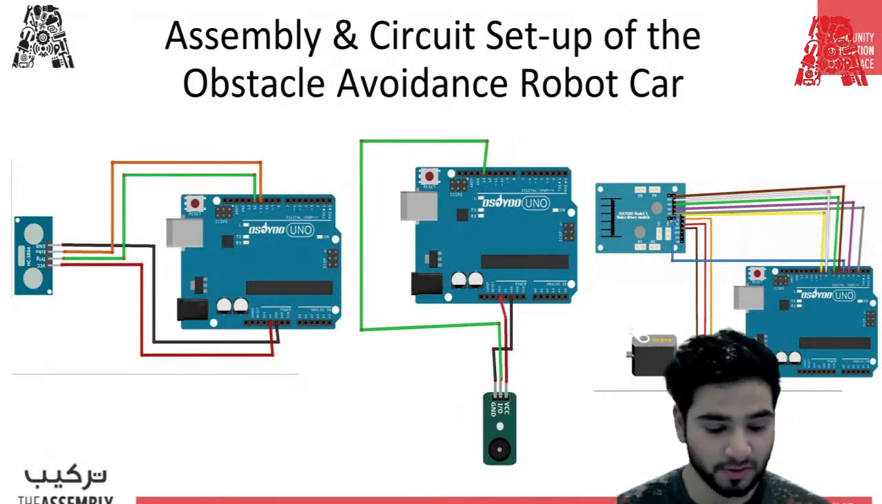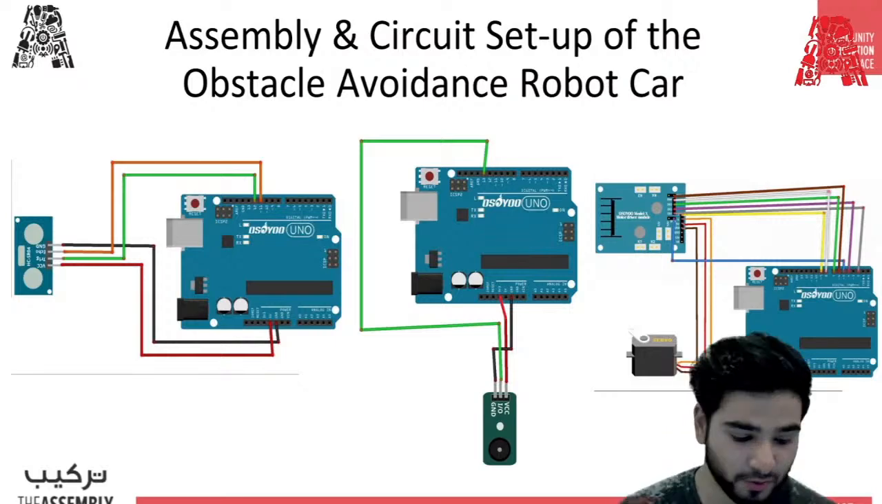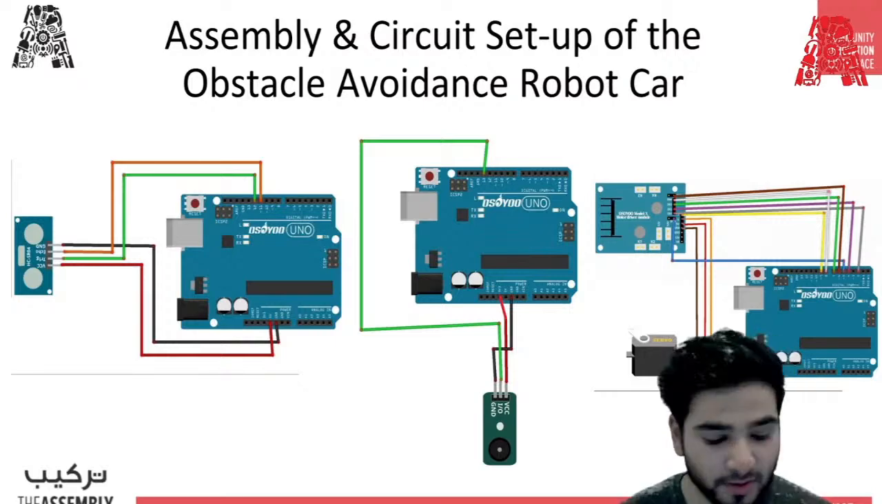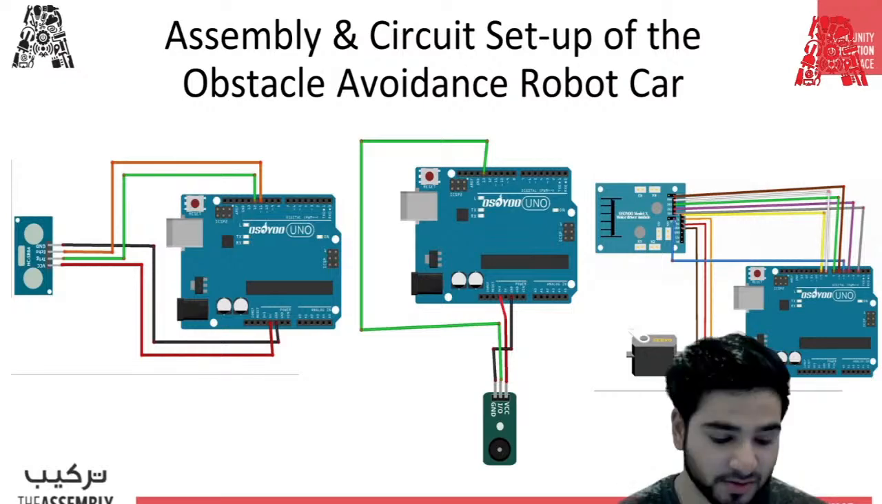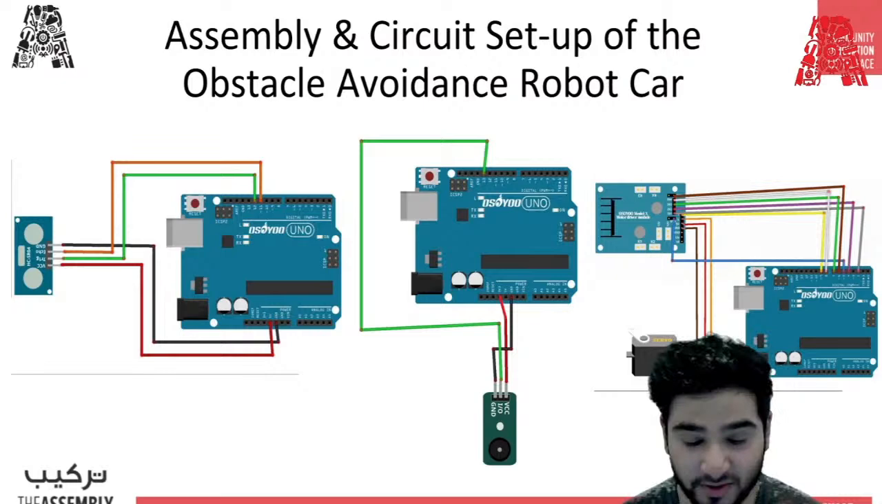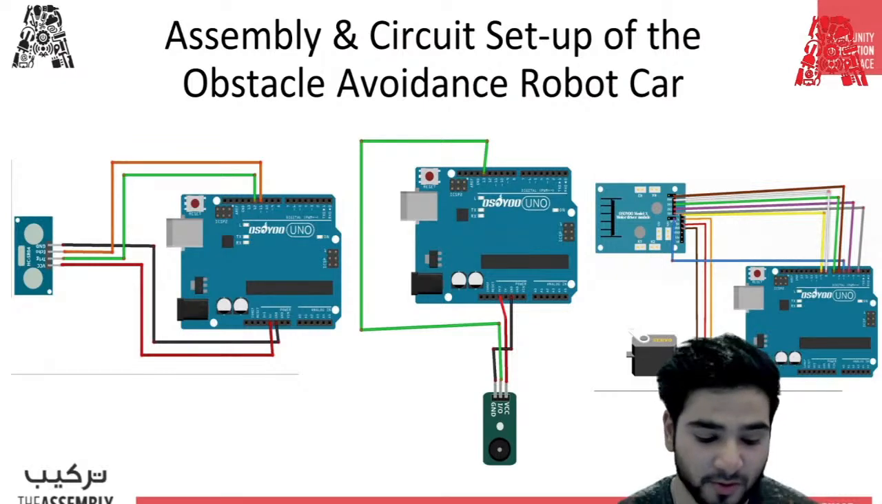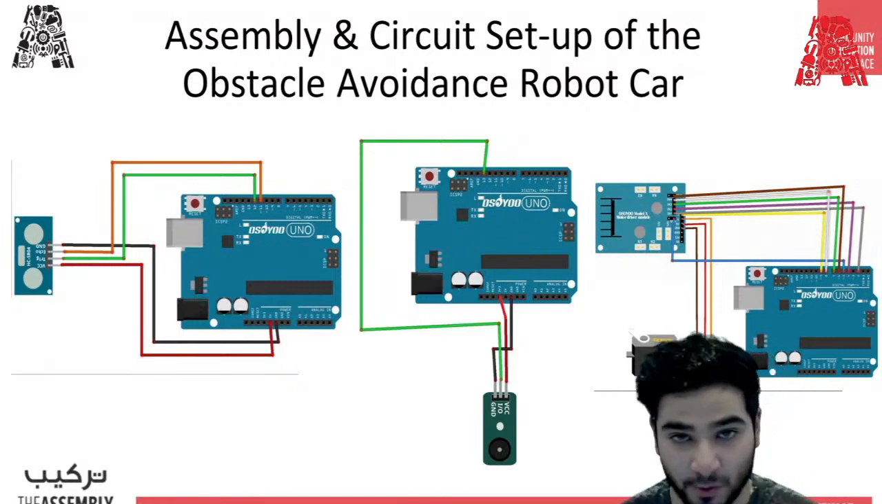So I'm going to tell you what these pins are. Basically, the enable A pins are used to control the speed of the front motors, and the input pins are used to control the spinning direction of the front motors. For enable A, if the pin is high, the motors will spin, and if it's low, then the